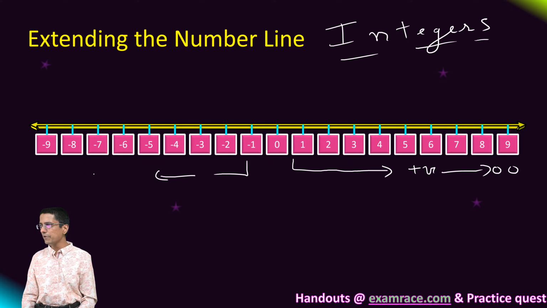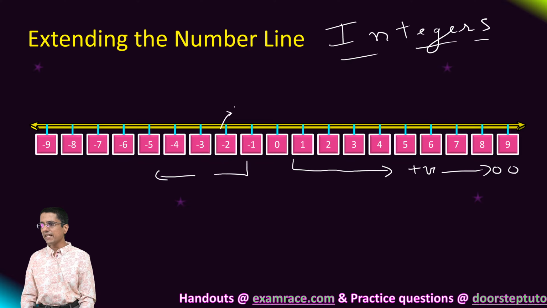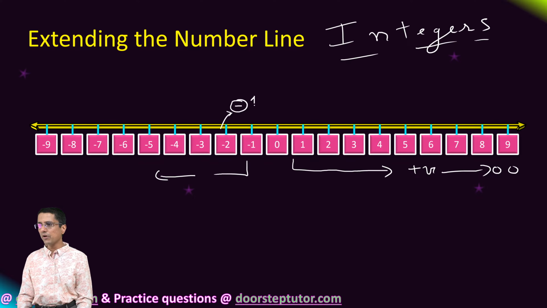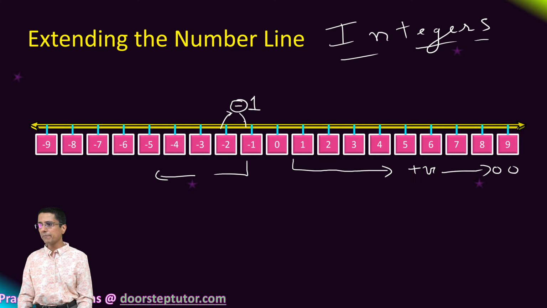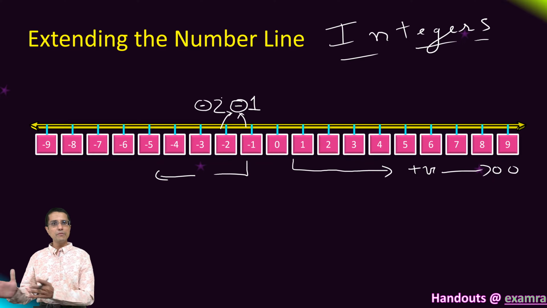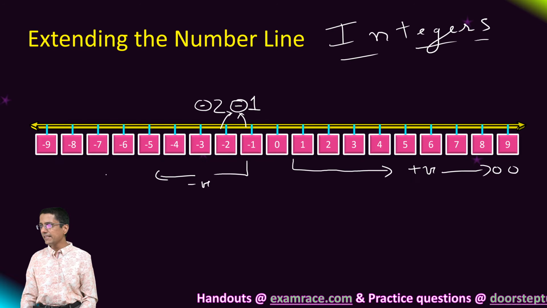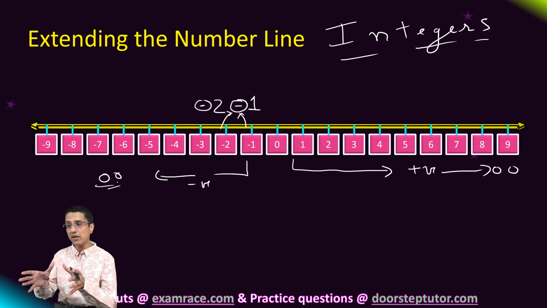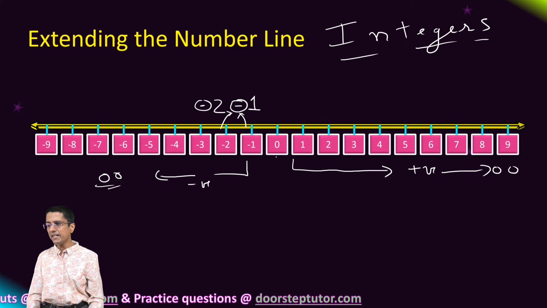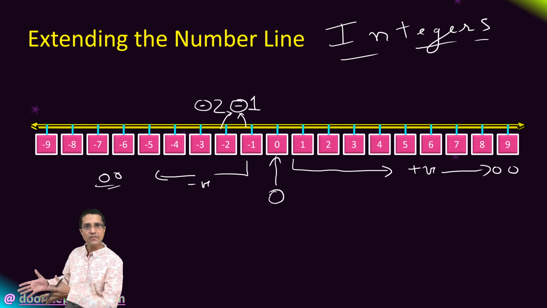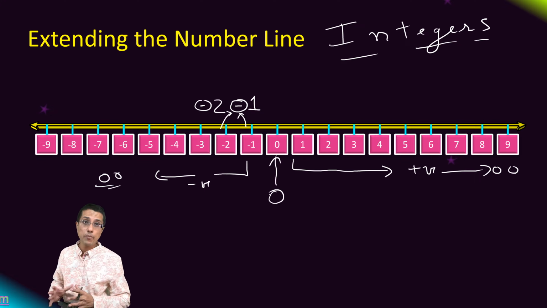What do we mean by negative numbers? A number becomes negative when I prepend a minus sign to it. For example, this is 1, and if I want to create minus 1, I would just prepend a minus sign to it. If I want to create minus 2, I would just put a minus sign before 2. All of these negative numbers again go on till infinity, and our integers contain all of them. The set of integers also contains 0. So integers are negative numbers plus 0 plus all the positive numbers.